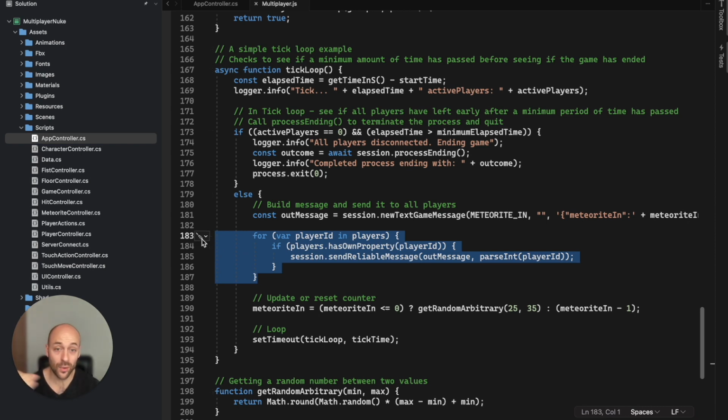So all the players will receive the same message at the same time, that is the remaining time. And if the time is 0, we reset the variable. Nothing more. So let's go now to the demo.